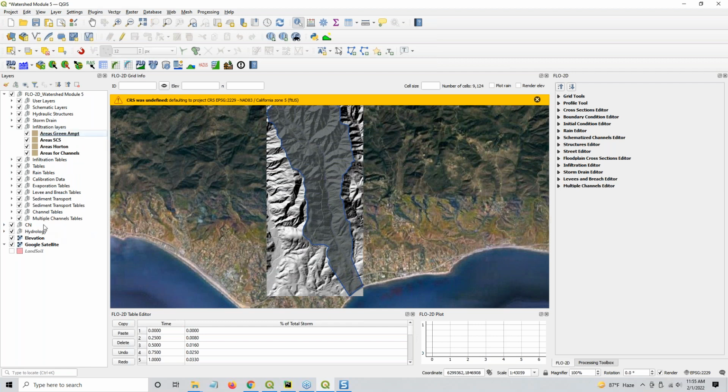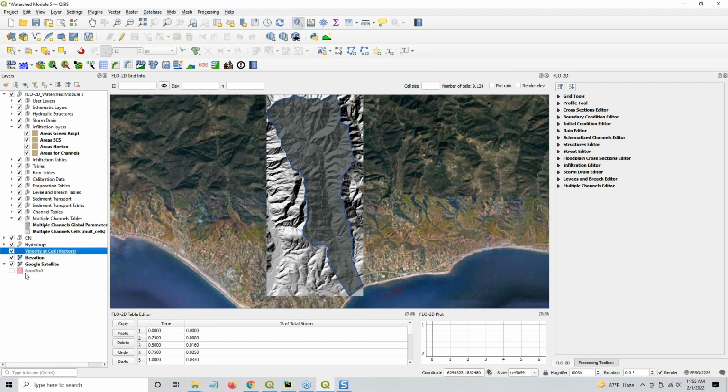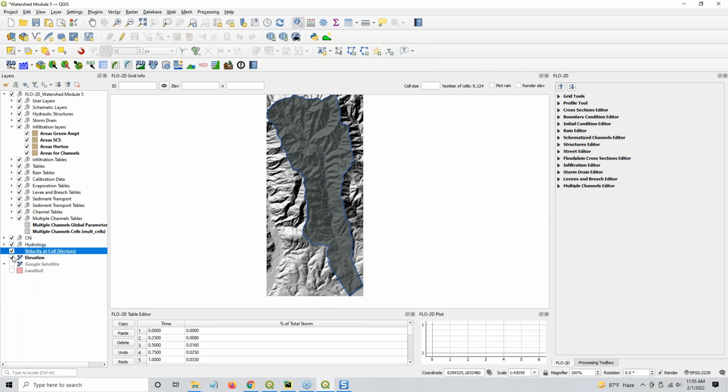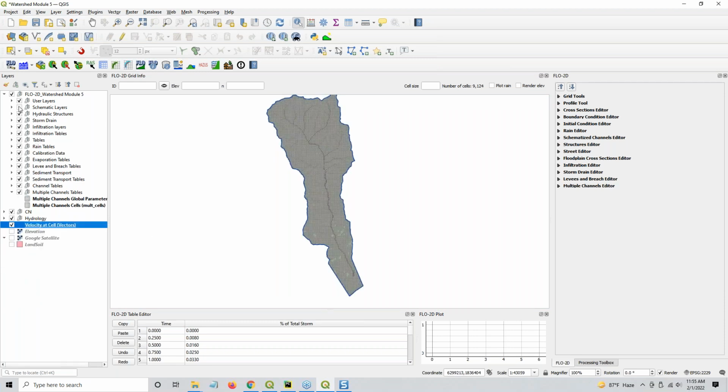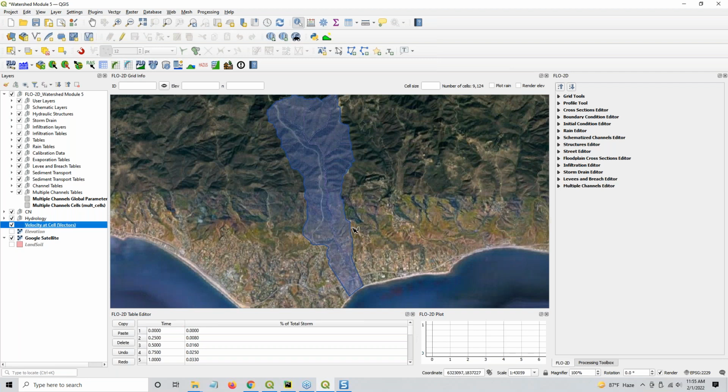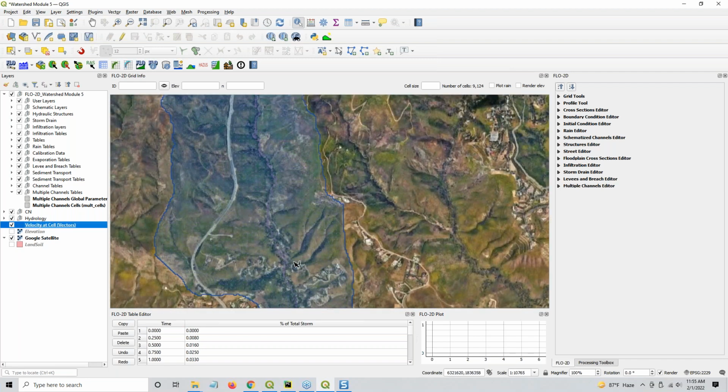Let's put this down here. Wait, where did I put it? I put it in here. Sorry, I meant to put this right here. Okay. And let's turn off the image so we can see things a little bit better. Maybe turn off the elevation, maybe turn off the grid. So we don't need that. And we don't need infiltration. And we don't need that. Well, whatever, that's fine. And well, we do need the image